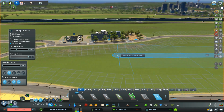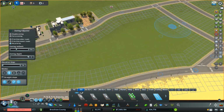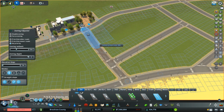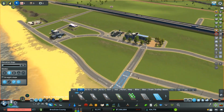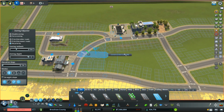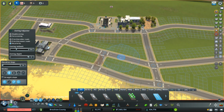All right, back to the road network, and we'll go off of here, bring this one across, and let's see, is that pretty? That's pretty steep, isn't it? Yeah, let's actually go off of this marker right here, connect in, and then let's see how this looks. It's not too bad, actually. Let me straighten this whole thing out. Fantastic. We have this area over here, which is going to be a little tricky to get much going on in, but I think we can probably just have a nice simple connection there, and we'll have one connection point down through there,